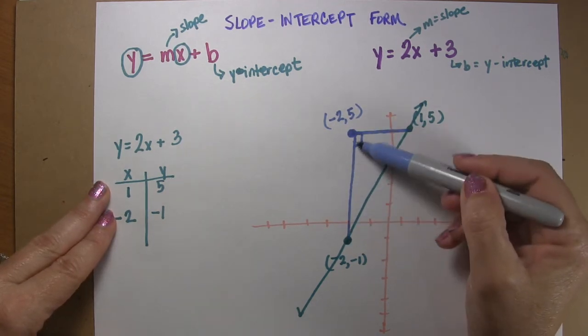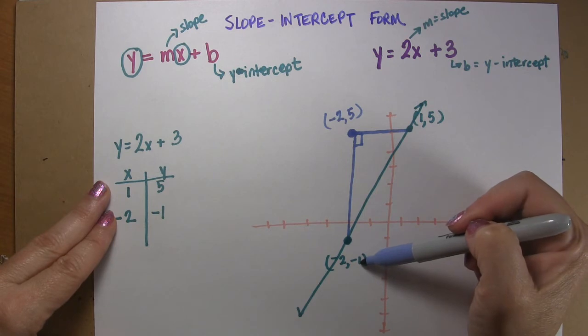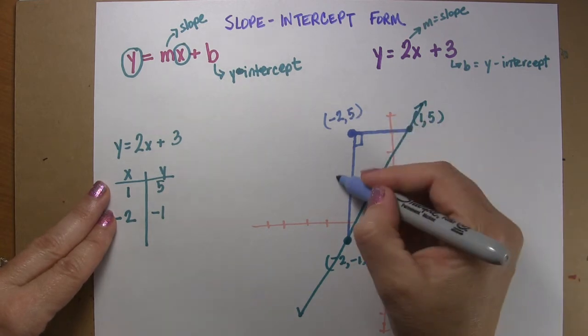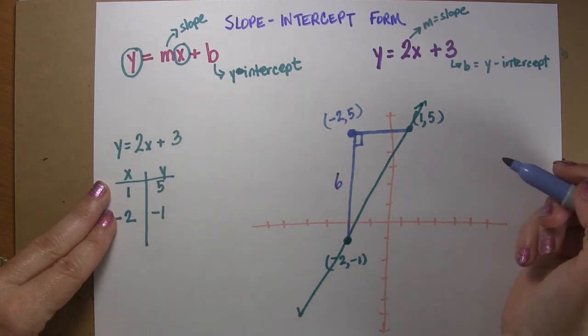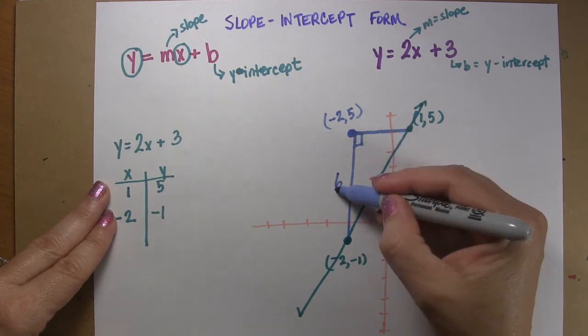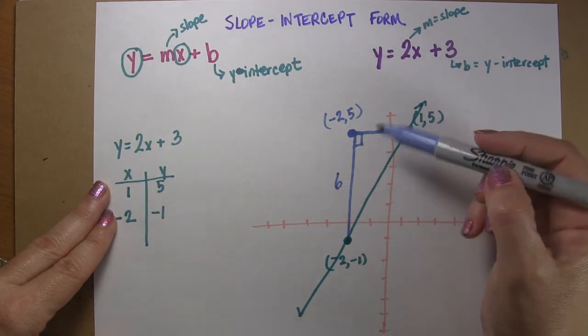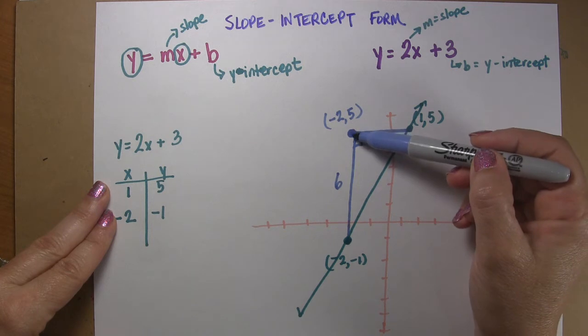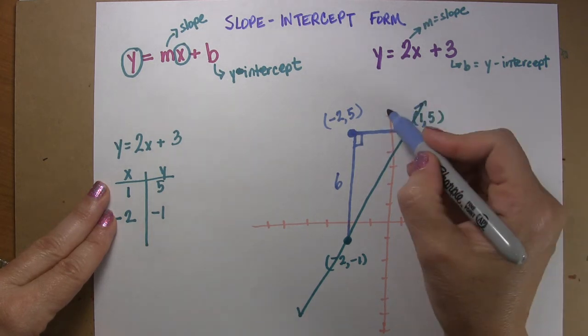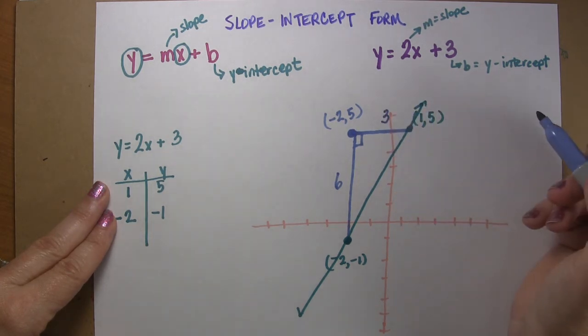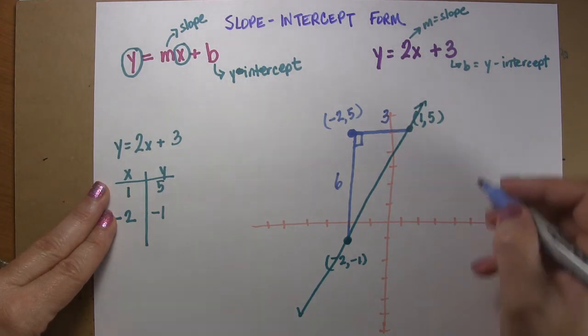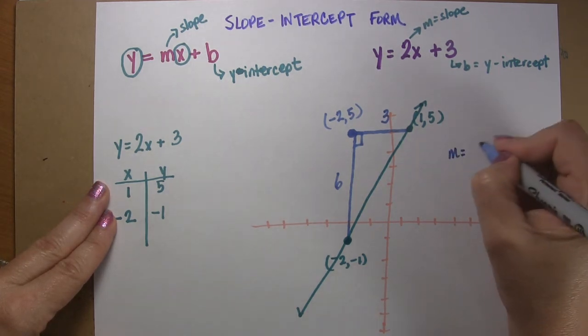Well, the y value changes from -1 to 5, which is a change of 6, right? Because to go from -1 up to 5, you have to take 6 steps. And our x value changes from -2 to 1, which is a change of 3. So if m is your slope,